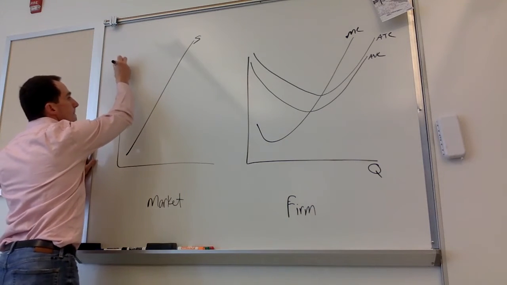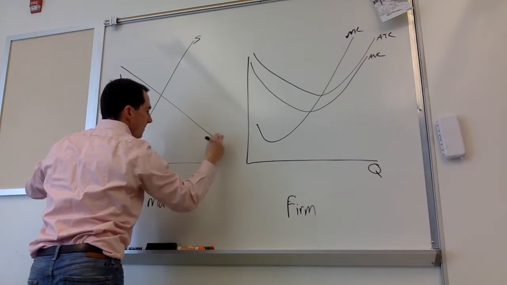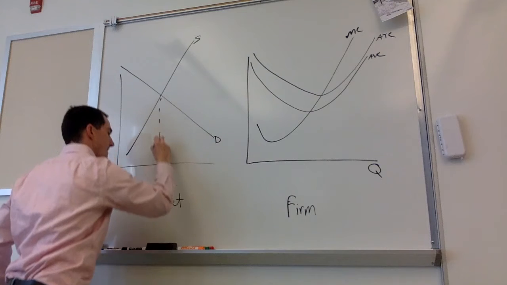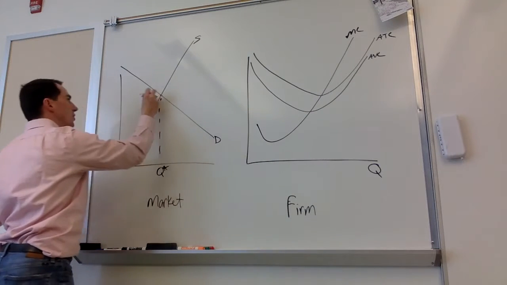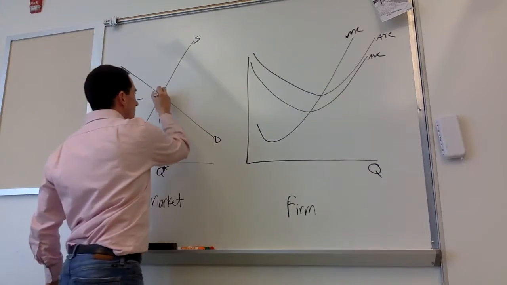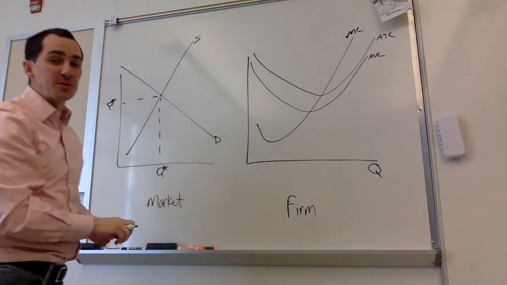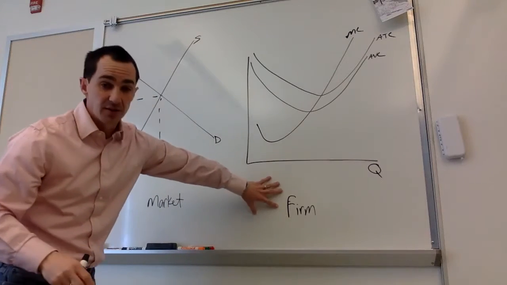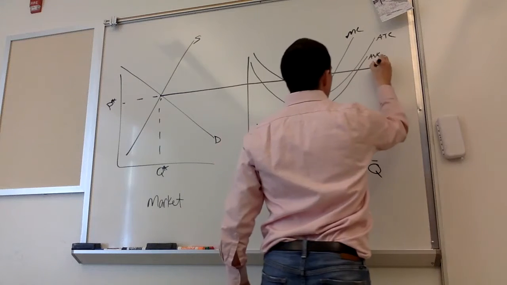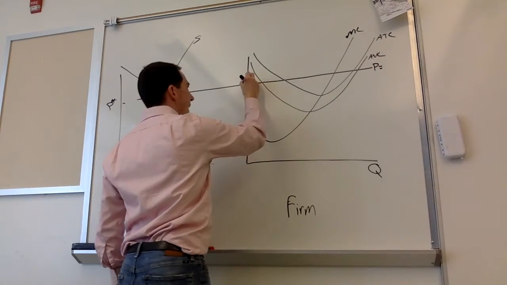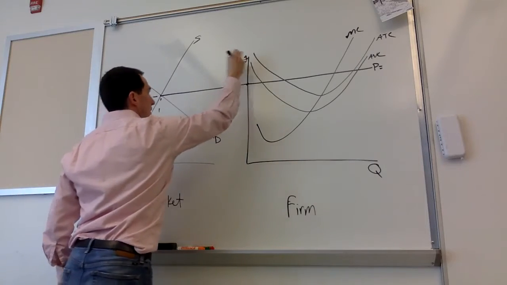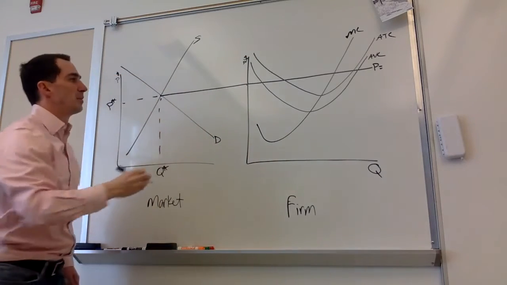And here is the market demand. Market equilibrium quantity, market equilibrium price. This is the price that all firms face, specifically, or definitely by this firm. That price, P star,